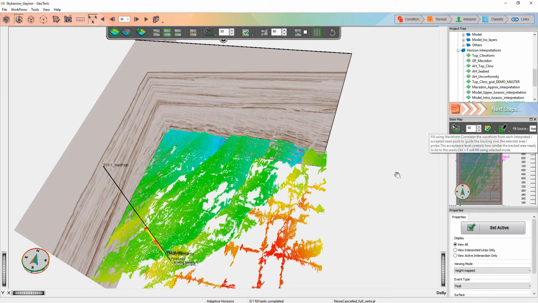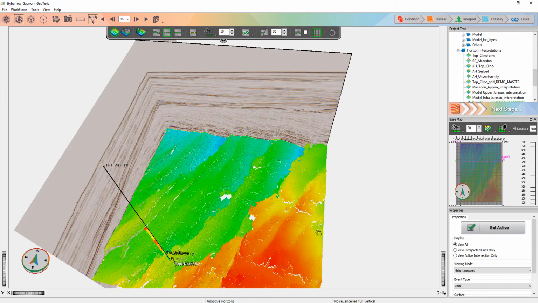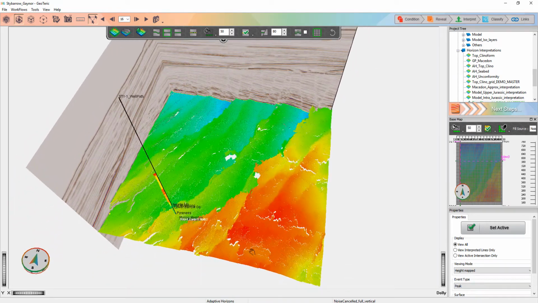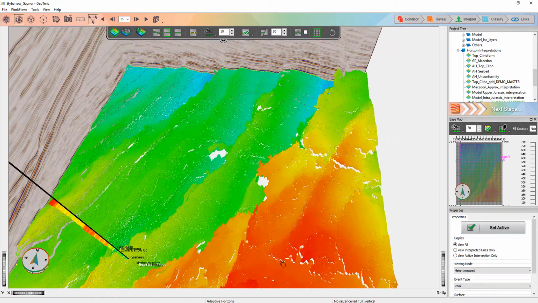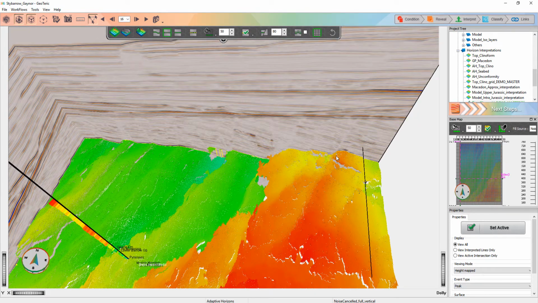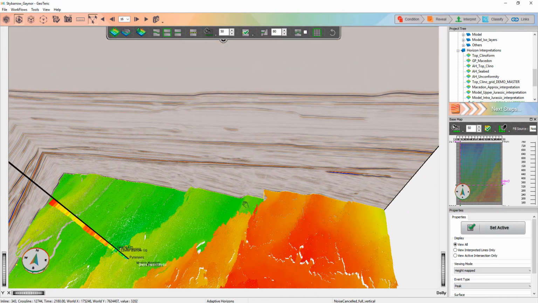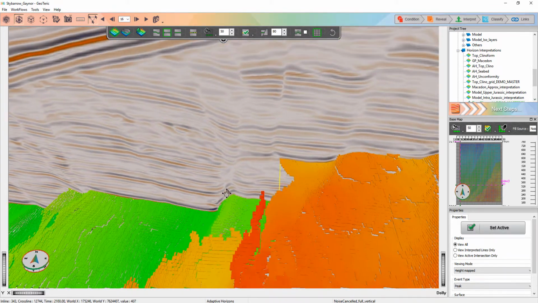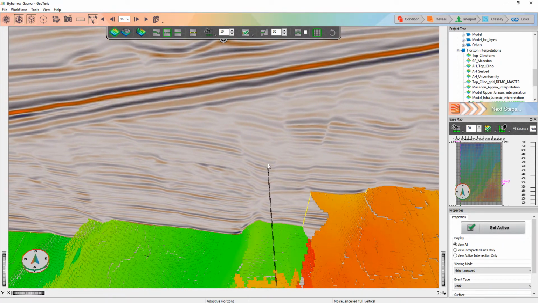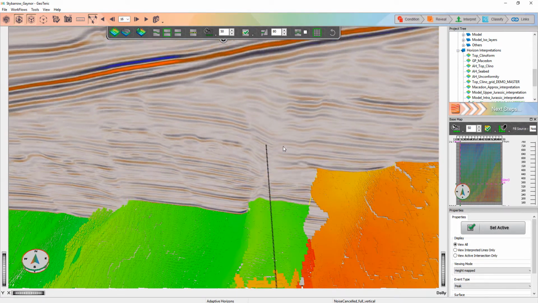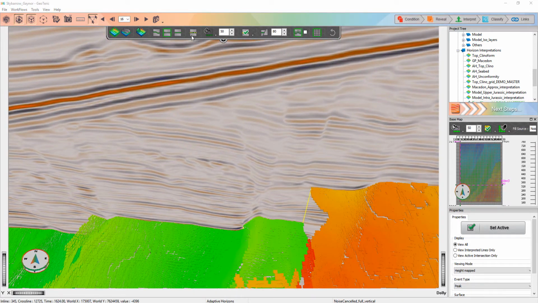So now if I open up my acceptance level, I'll get a more solid surface using all those grid lines as the starting point. Now in this bottom right hand corner, there weren't very many grid lines, and you can see in one place it's actually done a mispick and it's dropped down earlier than I would want it to. So again, with our option to do the 3D edit, we can simply reposition that where we want it to be by picking along on either side where we want the event to be through the zone we want corrected, and that will now update in 3D, and the whole block will update because of this